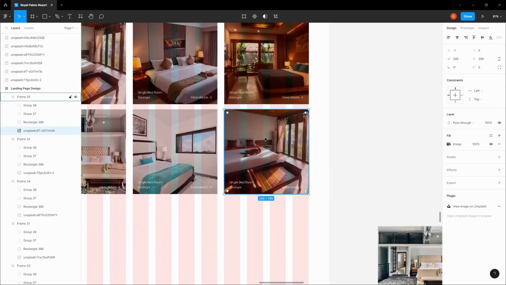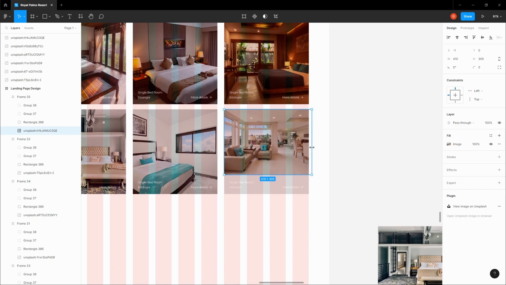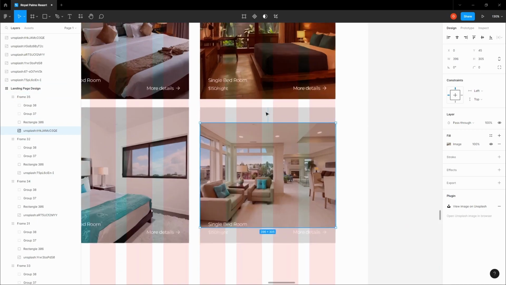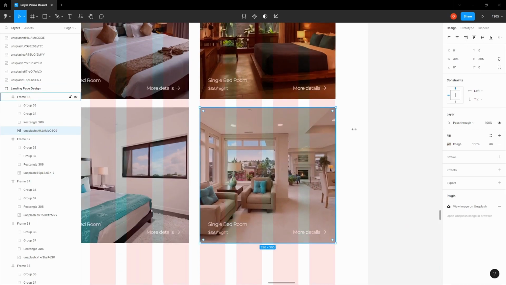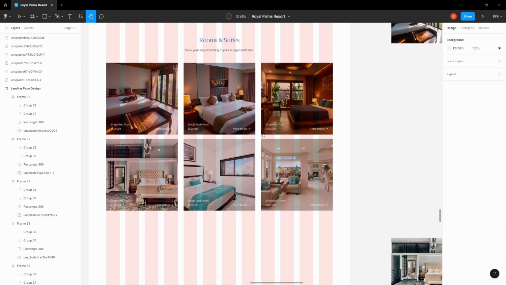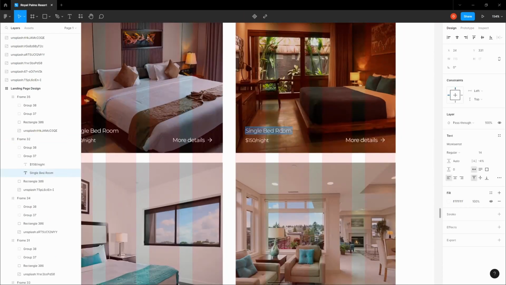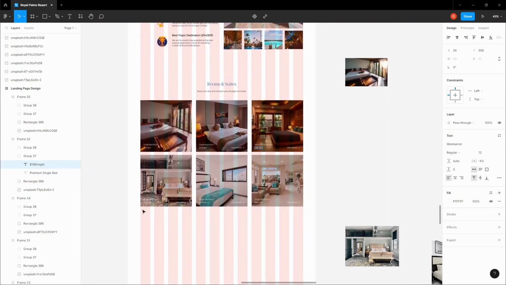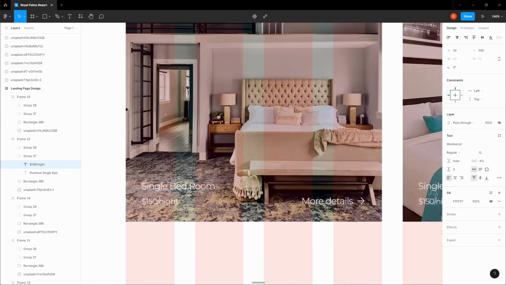I know this can be sometimes exhausting, but it's the process that you need to go through. Hold Alt and scale it. Okay, let's just change up the content for this one. So let's change up the title here. So this should be premium single bed, and this should be 180, and this should be apartment suite,